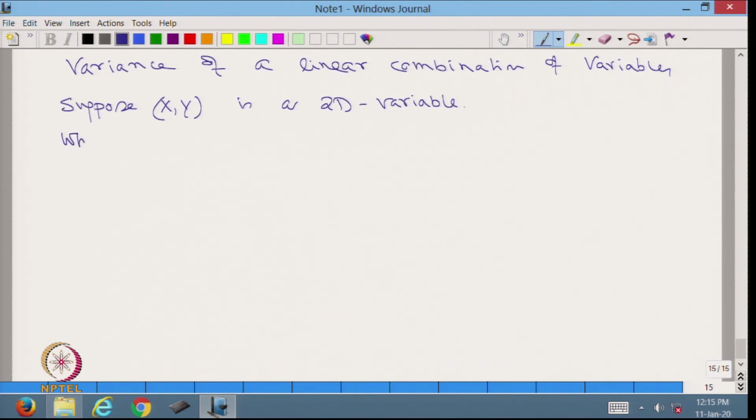What is the variance of Ax plus By? We know variance of